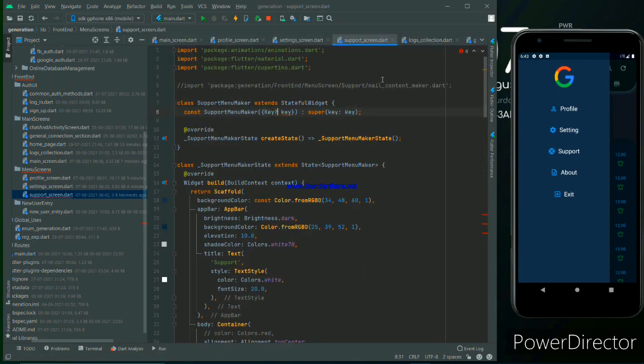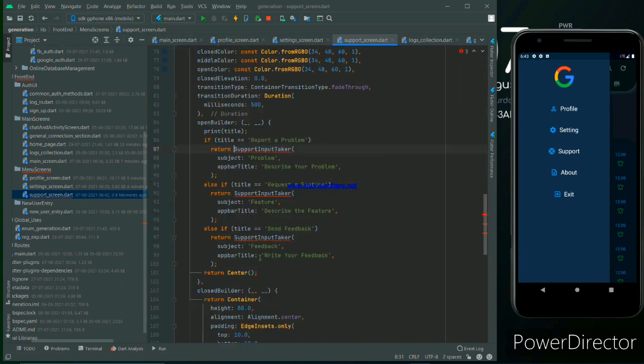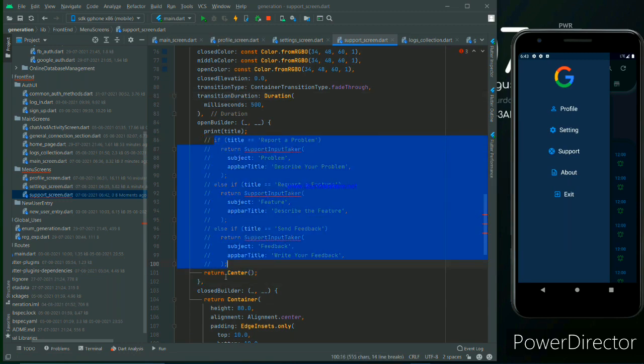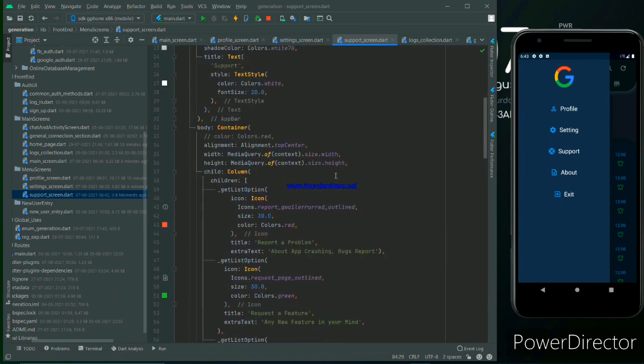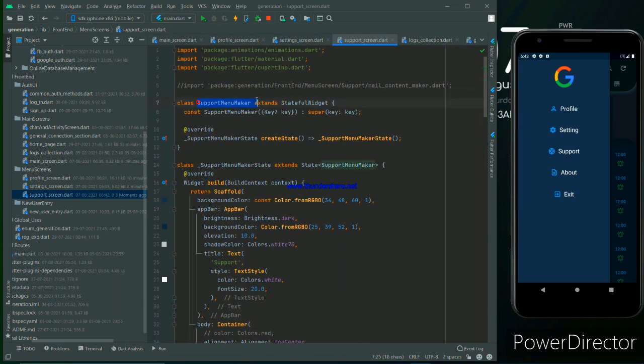Null safety, right? We have to deactivate this because no need to use it here. Okay, now we have to connect. I will explain just like before. Please stay tuned.